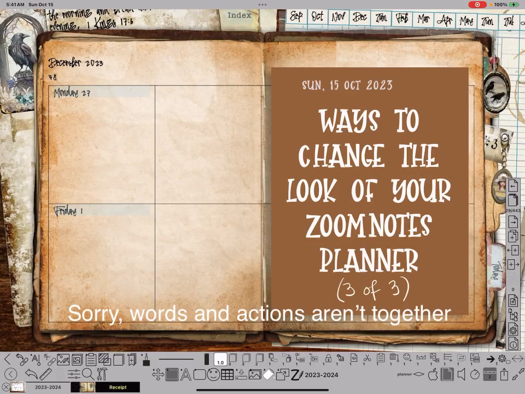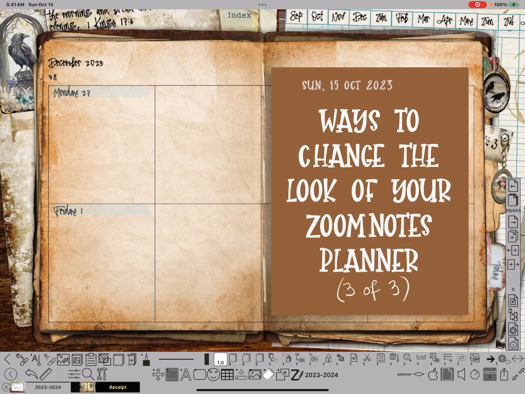Of a 3-part series, ways to change the look of your ZoomNotes planner. Now, this one is probably the hardest, but it's not hard at all. You just have to get your brain set for it. It messes with your brain. So far, everything I've shown you has been adjusting the table. Whenever ZoomNotes creates a calendar, it uses the table to place all your reminders and such, to build a planner